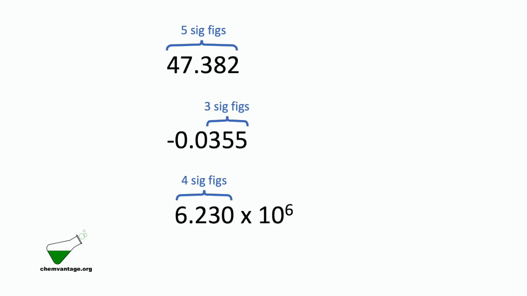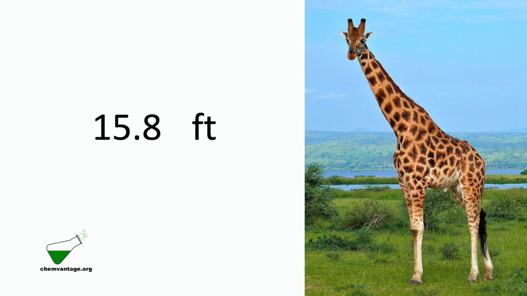Let's consider a simple example. Suppose we're on a field study and we measure the height of a giraffe. We might report this value as 15.8 feet because I think it's reasonable to assume that we could measure the height to a precision of better than 1 foot. However, it's unlikely that the precision could be better than 1/10 of a foot because giraffes sometimes slouch and they don't usually let you get that close anyway. So we report the value as 15.8 feet so that it reflects the underlying uncertainty of the value, at least